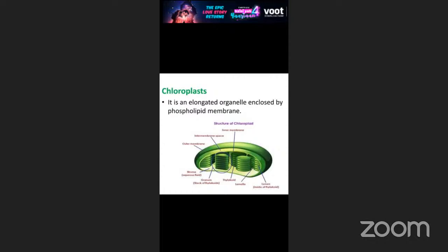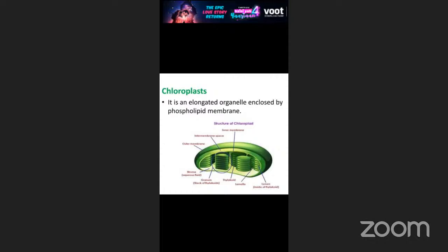So some lysosomes are also present in the cell. These are single membrane bounded organelles. These lysosomes contain a variety of 10 to 12 types of hydrolytic enzymes. So these lysosomes are called the suicidal bags of the cells. Means